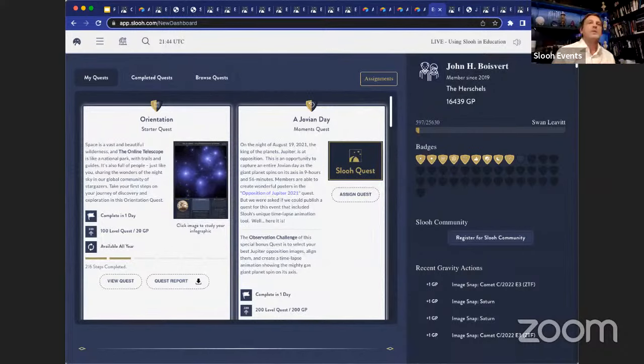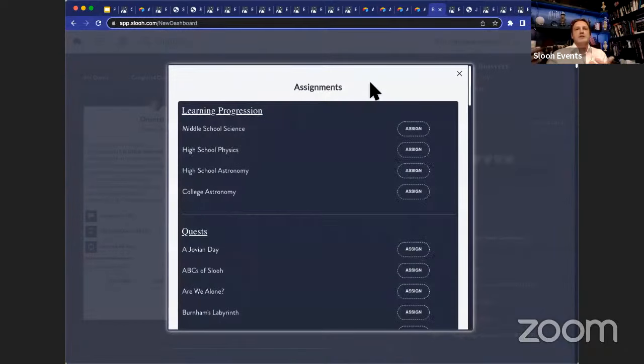So we should, John, talk about the different packages that we've got there, because the learning progressions, you were seeing 5 learning progressions there. Now that's on the packages where we're calling them all access packages. So John's test account here is an all access account. He has access to all of the learning progressions and all 60 plus quests, and when quests are added, they'll be added to it as well.